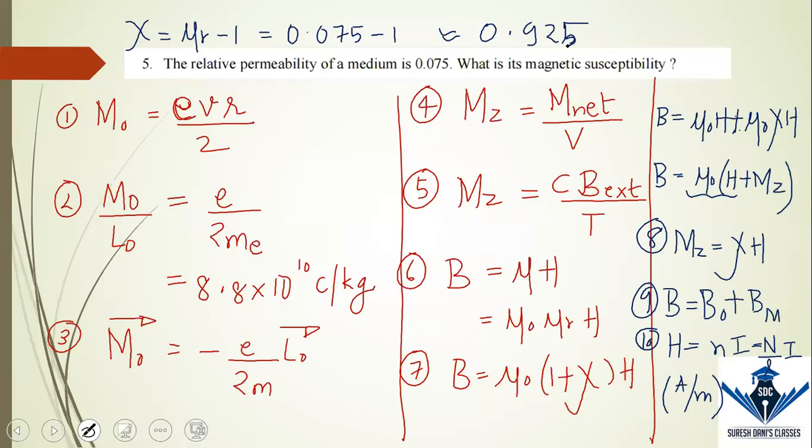Susceptibility is nothing but the behavior of a magnetic substance in the presence of a magnetic field. So when susceptibility is high, we say that the substance is highly magnetic in nature. That's why the susceptibility of all ferromagnetic substances will be very high. It is a unitless quantity. We say magnetic susceptibility; there is electric susceptibility also.